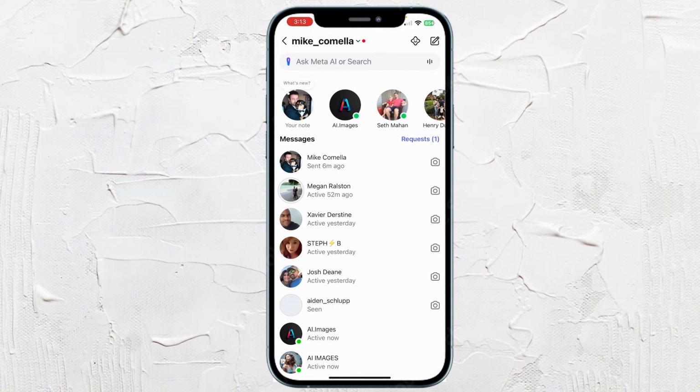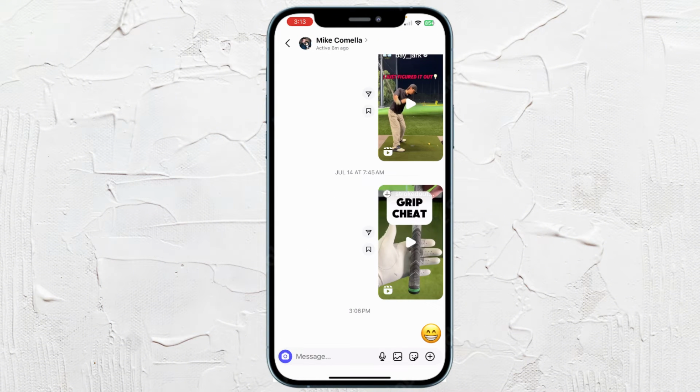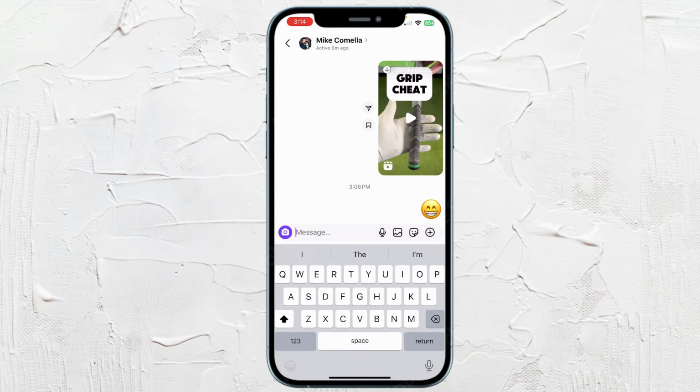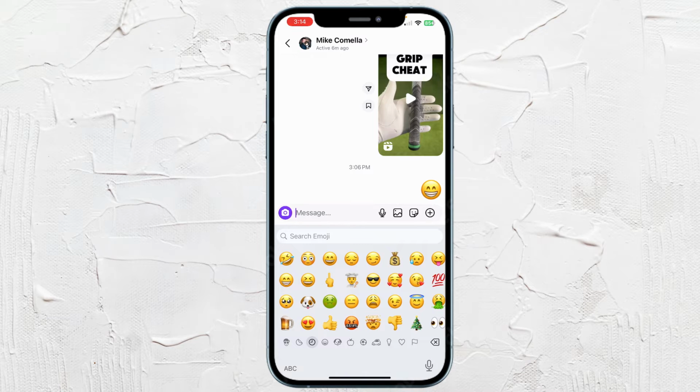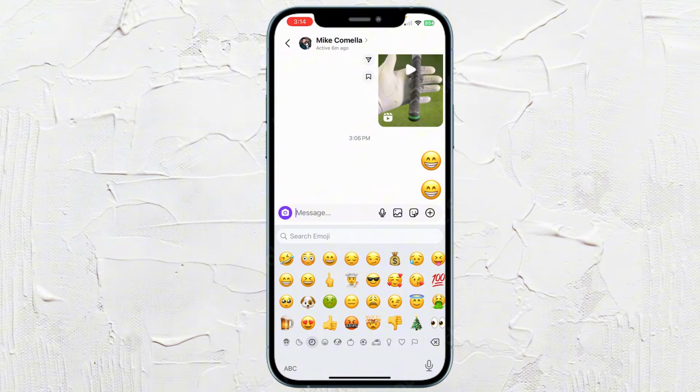I'm just going to pick my own thread here. And I'm going to send an emoji, right? So it doesn't matter which one. So I'm just going to send this one. And remember, I'm just sending this to myself. So once you send it, all you need to do is click the emoji and the game will start, and